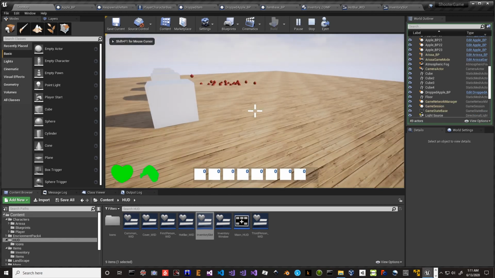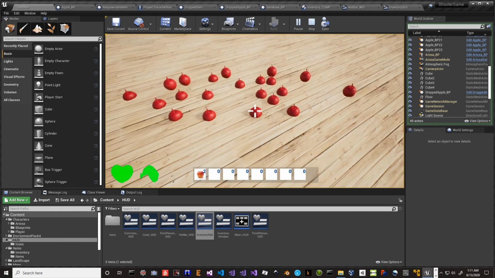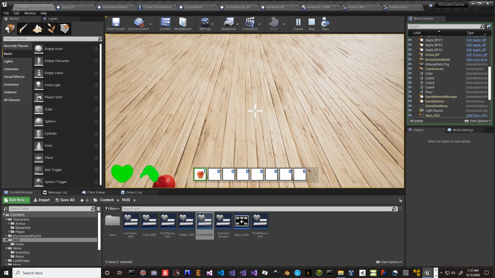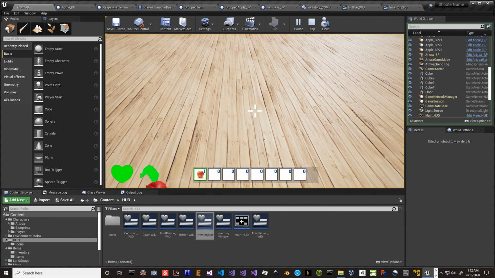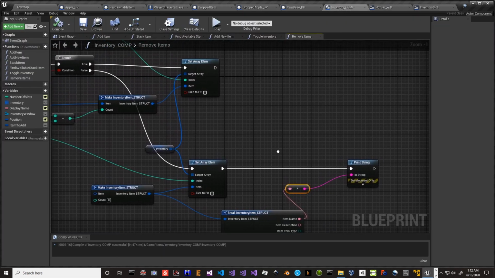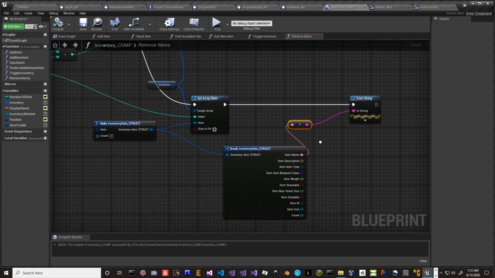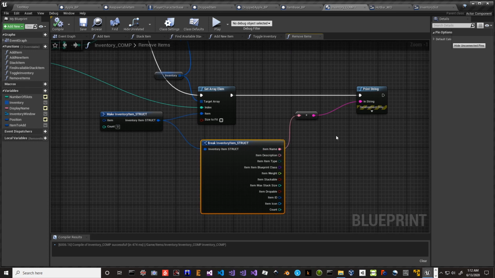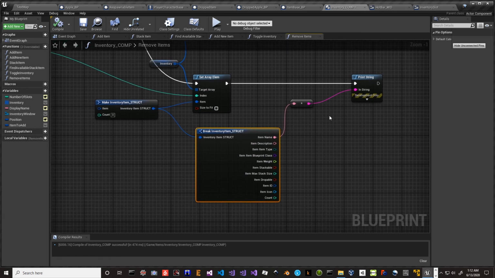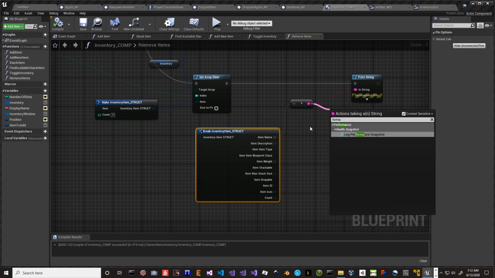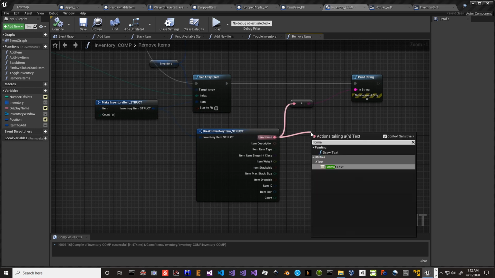So let's play. Let's go over here, pick up some items. Come over here somewhere, hit 1 to select that, Q, Q, Q, and see it's not printing anything. Let's go to inventory component. Let's do the same set array element, print string. Item name. Maybe it's not printing it because the default item name is nothing. Let's do a format text,